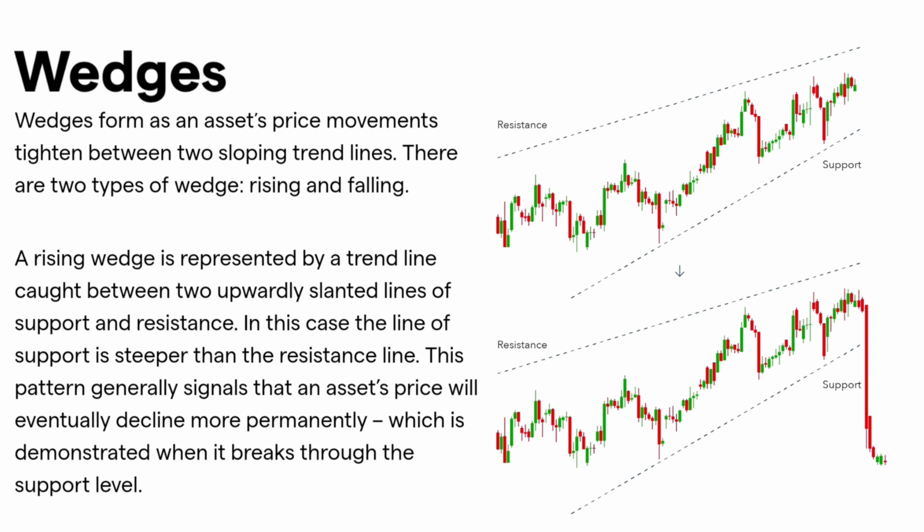Wedges form as an asset's price movements tighten between two sloping trend lines. There are two types of wedge, rising and falling. A rising wedge is represented by a trend line caught between two upwardly slanted lines of support and resistance. In this case, the line of support is steeper than the resistance line. This pattern generally signals that an asset's price will eventually decline more permanently, which is demonstrated when it breaks through